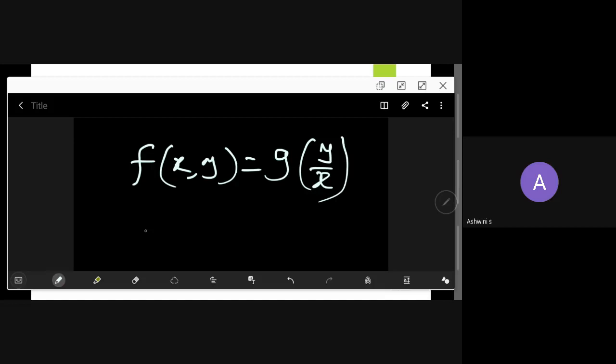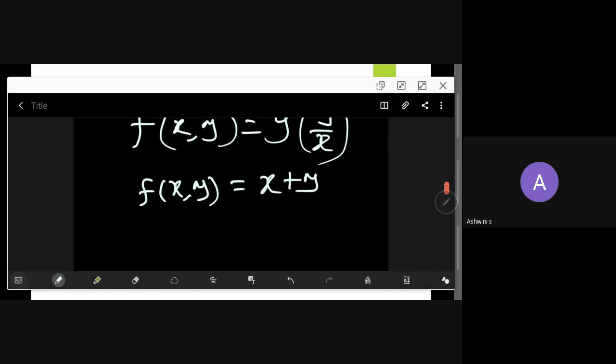For example, we have f of x comma y. I will give a candidate for this one. Say you have x plus y. This cannot be interpreted as z of y by x. You cannot write it like that. But whereas